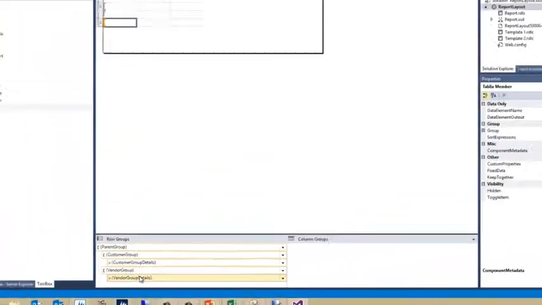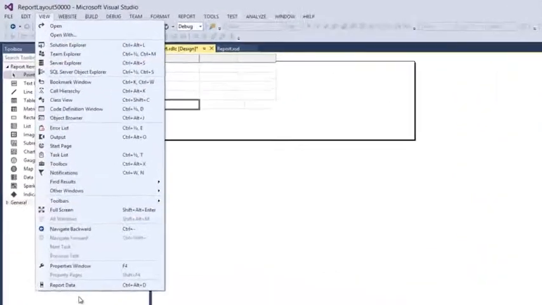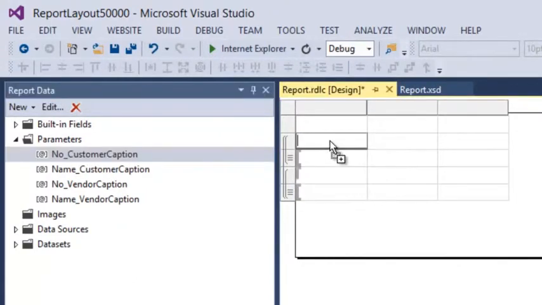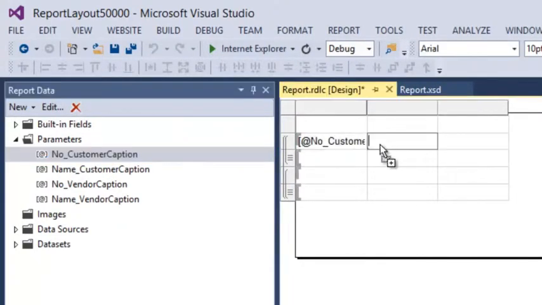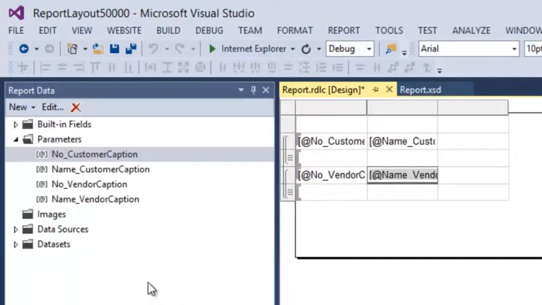to this report. First, I will put in my captions for this report, and it's in my view, report data, and it's in parameters. So I'll go to my customer number. I want to have this caption here, and the name caption here, and I want to have the number vendor caption here, and the name vendor caption here.